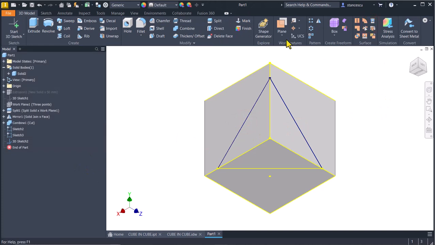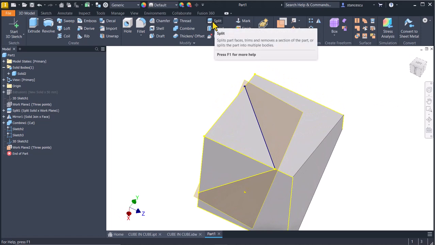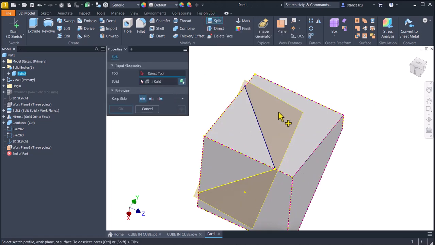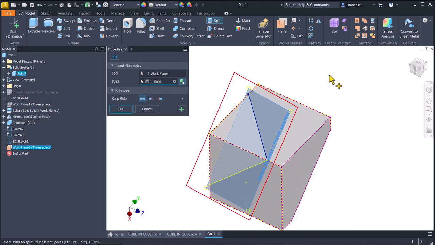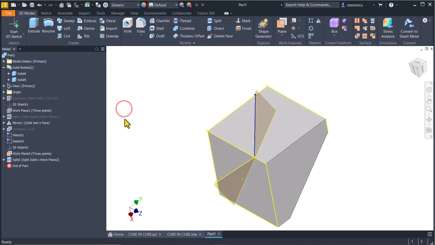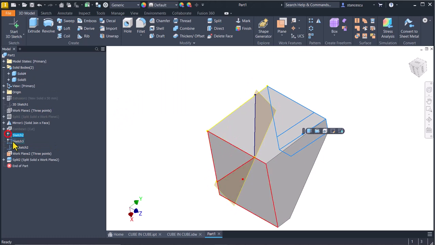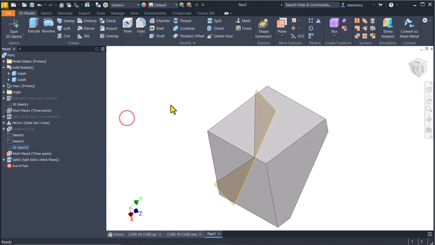Finish sketch, plane, point, point, point. 3 points define a plane. And apply split with this work plane, and we also keep both cuts. Okay, I hide the 3 sketches, also the plane,